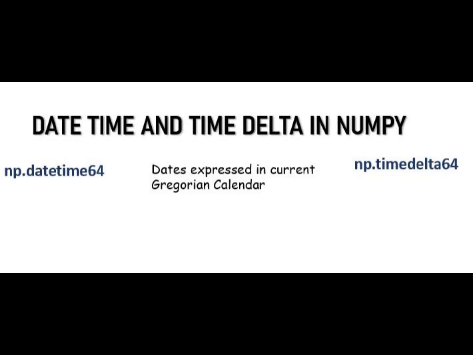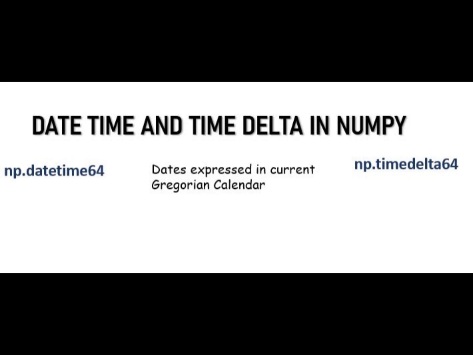These are referred to as datetime64 and timedelta64, since there is already datetime and timedelta in Python. Like Python's date class, dates are expressed in the current Gregorian calendar, indefinitely extended to both future